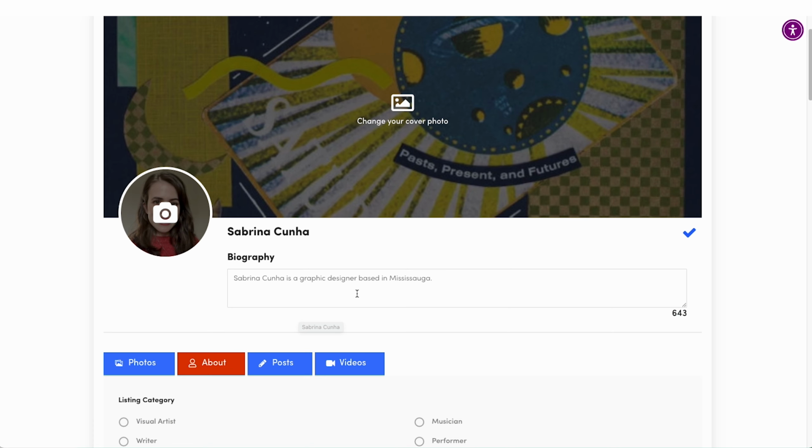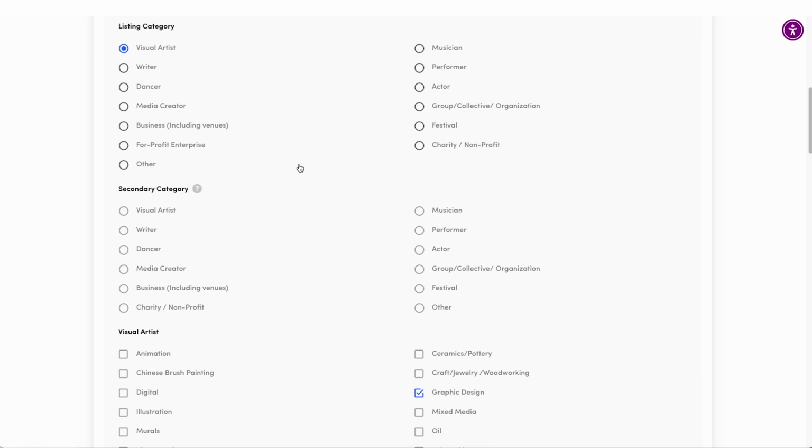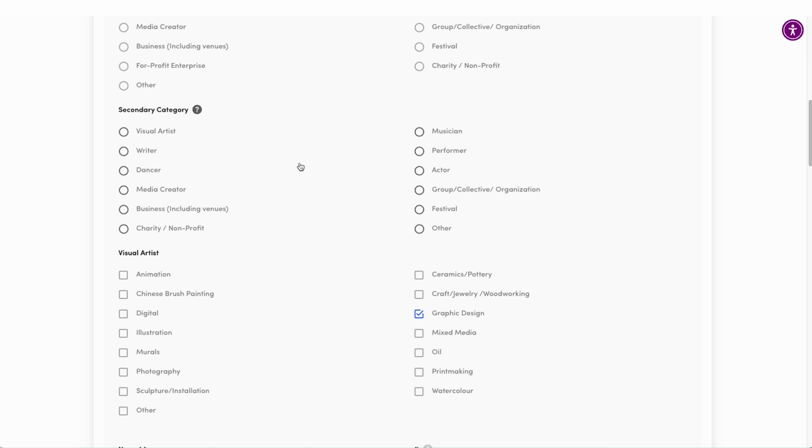You can also update your biography in the following text box. Your bio can be up to 700 characters in length, so try to keep it concise while highlighting your artistic background and practice. If you scroll down, you can edit your listing categories, which will change how you are tagged